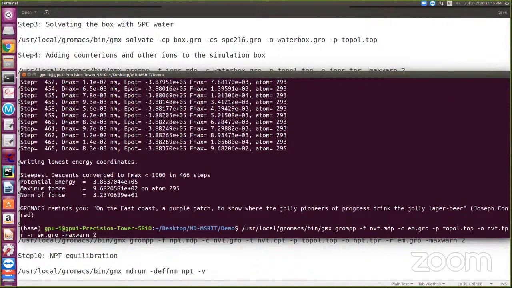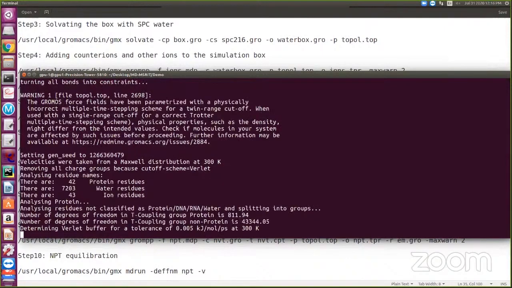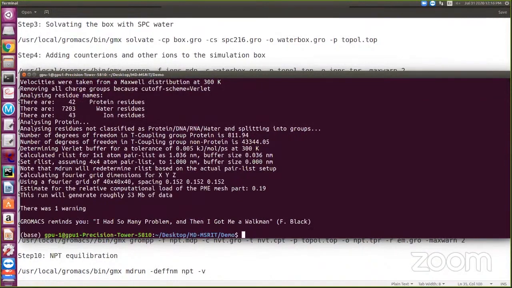That information will also be added into topol.top. The output file name is nvt.tpr. Here I gave -r em.gro, because some error came, so I added -r em.gro and -maxwarn 1. Press enter, and it generated this information.